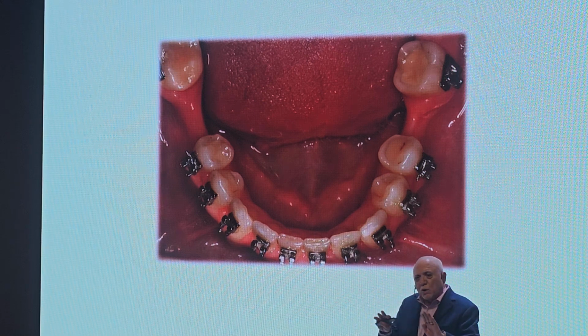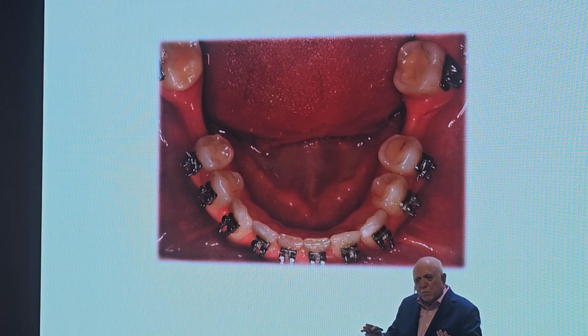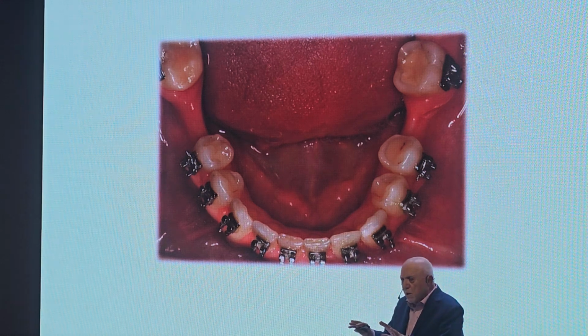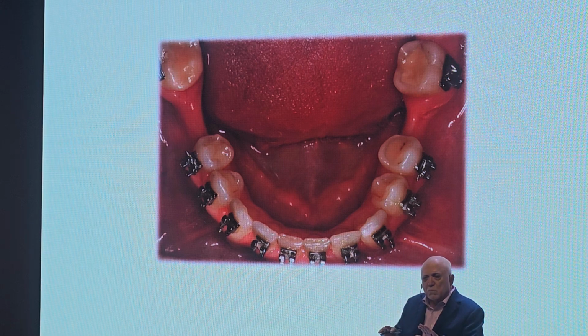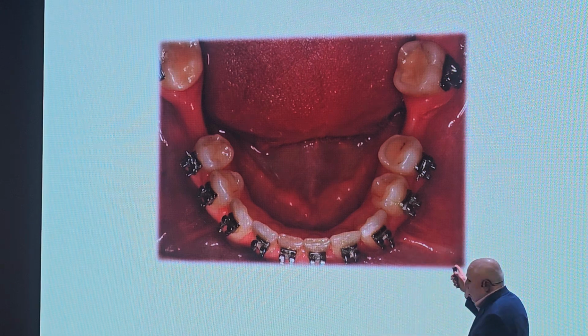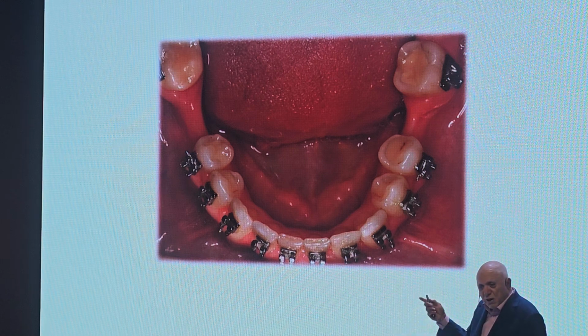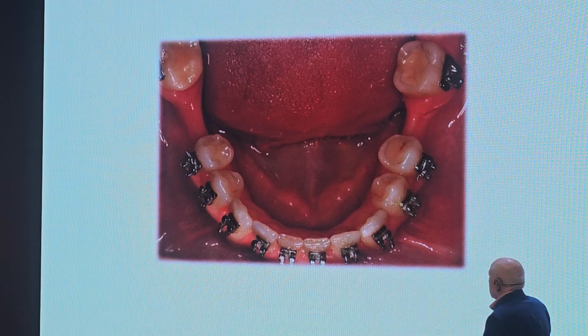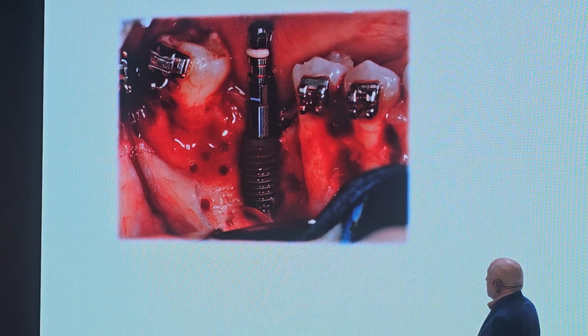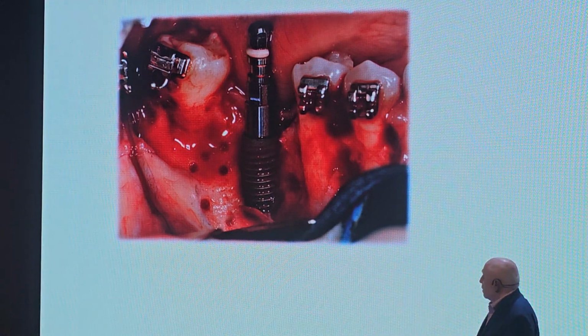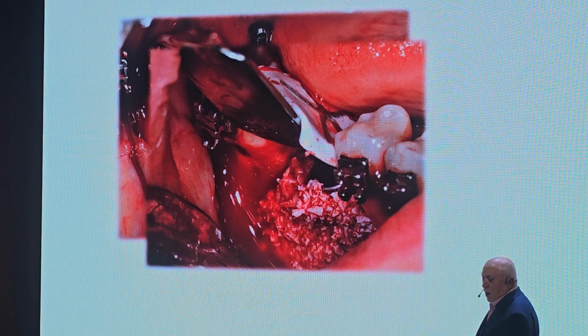There should be a total integration of the autologous bone you have put in and the existing bone, completely. We take the screws out. At the same visit we also prepare an immediate implant in the lower. We go in, place an implant, place bone around it,